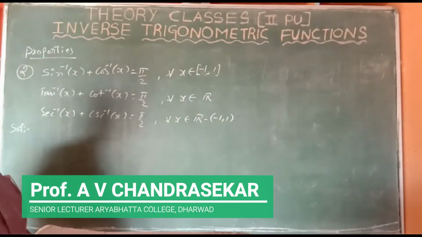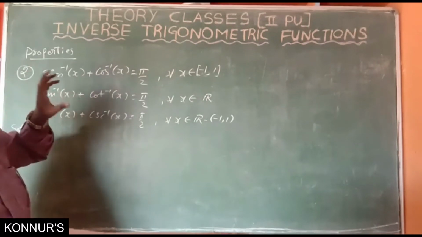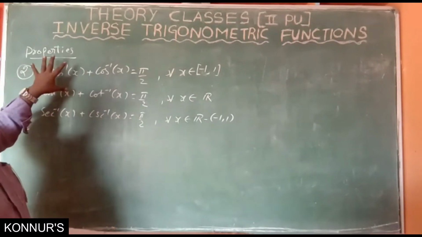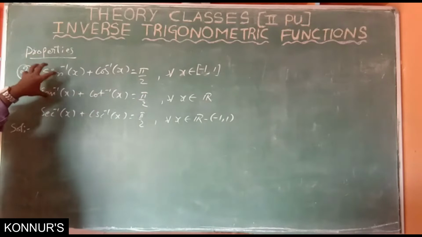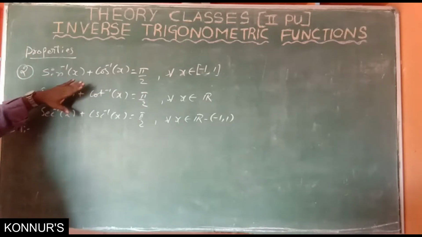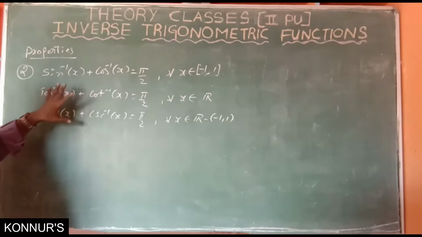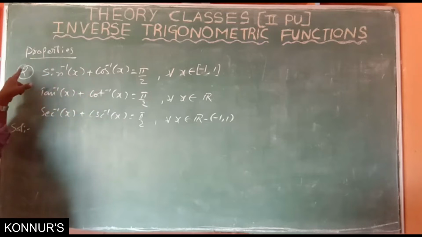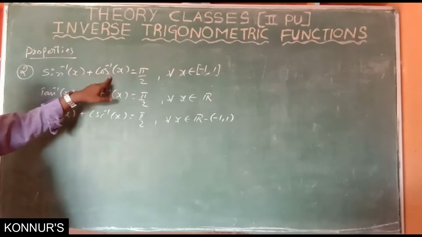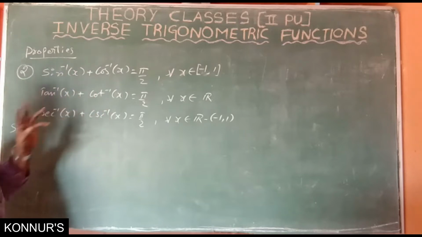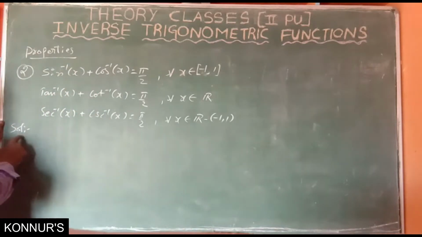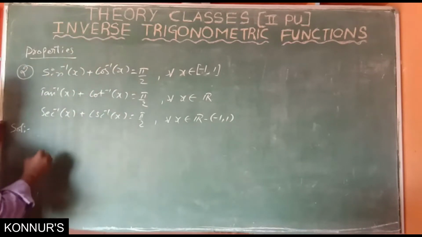Already we discussed the first property and we solved exercise 2.1. Now I am going to continue the properties. This is a set of three formulas. Actually, they are formulas, and we have to learn these formulas by heart also. But they come combined under the second property: sin inverse x plus cos inverse x is equal to pi by 2. So it is a pair: sin cos, tan cot, secant and cosecant. Now, solution.